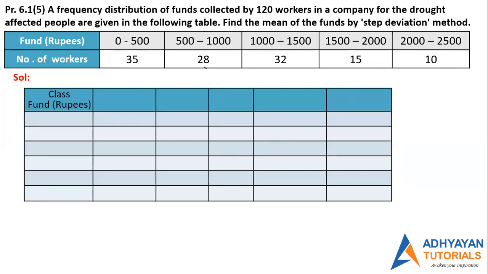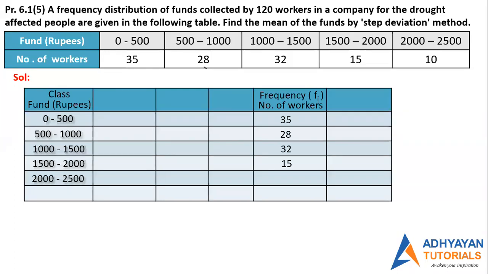The first column will be class interval, which is given to us. The next column will be frequency, once again given to us. As I told you, class interval and frequency will be given to us in 99% of the cases. Please draw the table, fill in the first column and the second column, and let me know once done. I'm giving you a minute. Do that quickly.